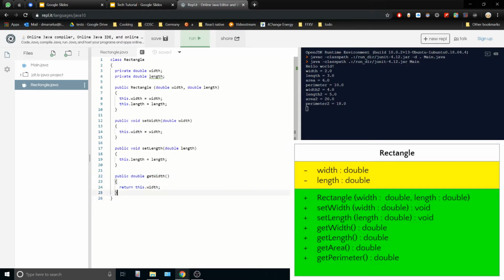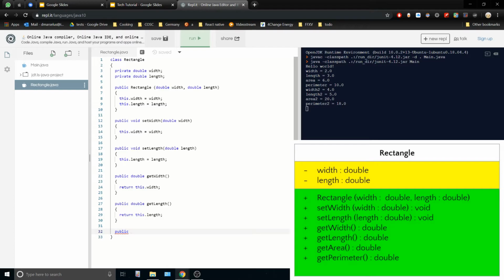And then doing a similar thing with the length. Just change a few things: name of the function, name of the value actually returning, since we're returning length this time, or not width this time. And then those are our getters. Simply just returning the current version of these member variables to wherever they're called. And then now getting into the different operation-based functions,